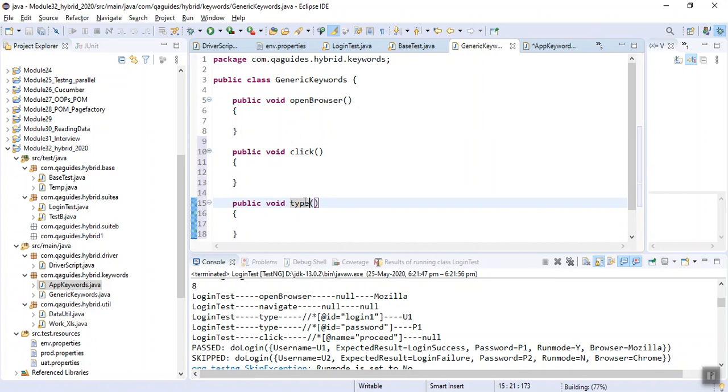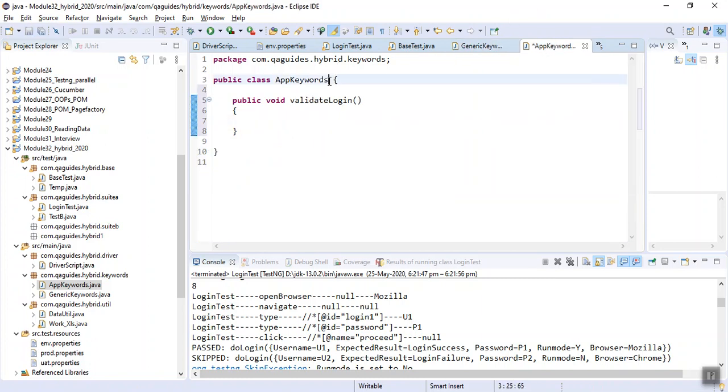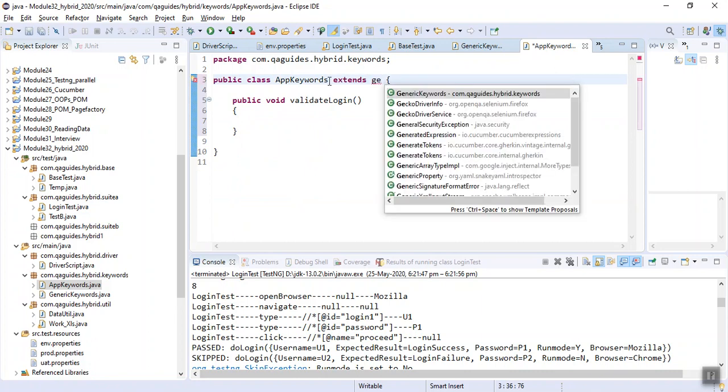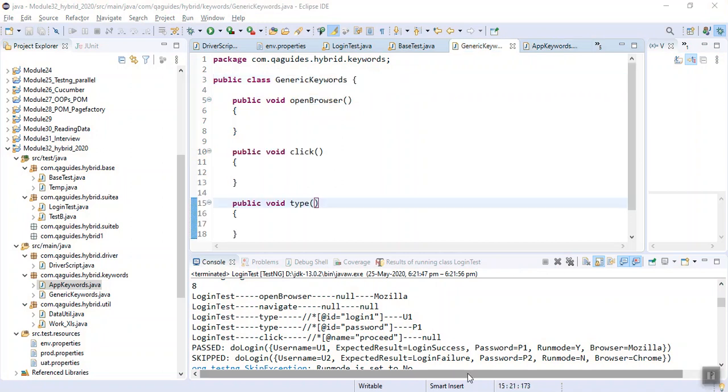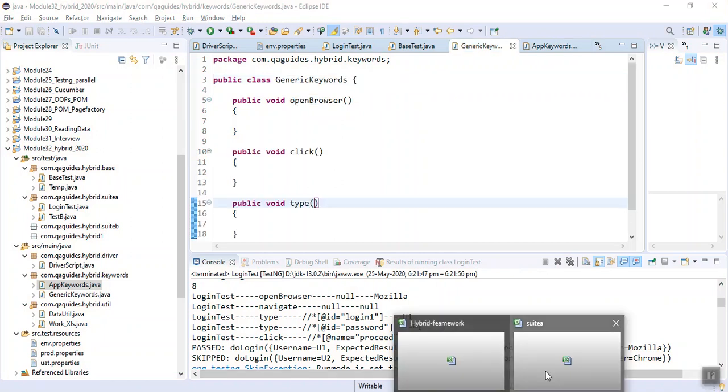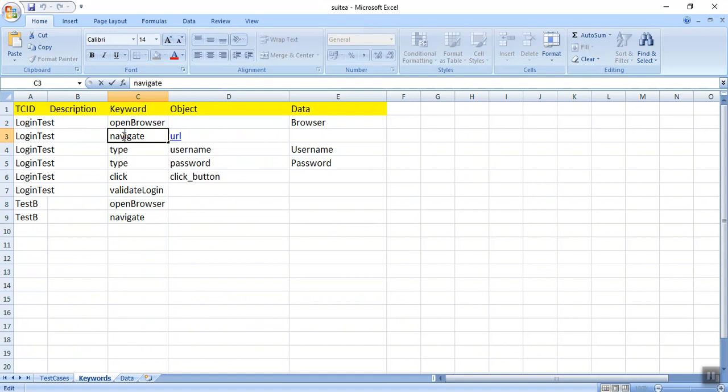And what I can do, application keywords extends generic keywords. Why am I doing so? Because this app keyword is also extending the keywords functionality, and generic keywords are always common. I forgot a keyword, that is navigate.